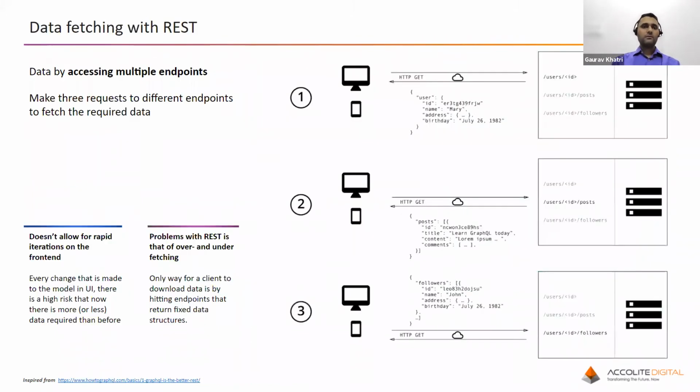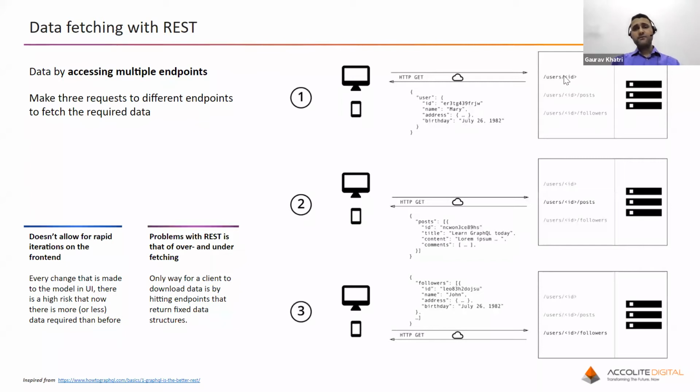So now we will move on to the next topic, where we discuss the difference between RESTful APIs and the GraphQL API. To explain this, first I will go with data fetching with RESTful APIs. For this, I have taken the example of users, their followers, and their posts. We all know that in RESTful APIs, the common philosophy is to write different endpoints for different data sources. So over here we have 3 data sources: users, posts, and followers.